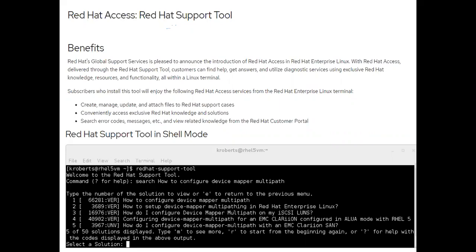We will discuss if we have any kind of issues related to software, managing the Red Hat repository, or any kind of issues related to Red Hat products, then how we can raise a case with Red Hat, how we can explore their knowledge bases,